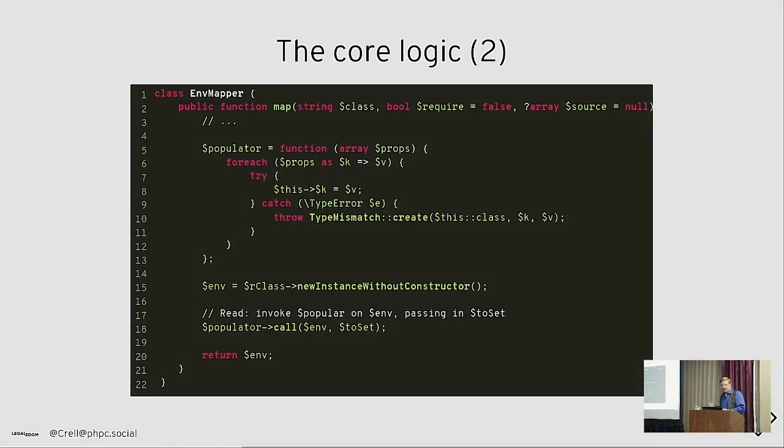Once we have that array, then we have this simple closure, which we then bind to an object. So we can use reflection to create a new instance of an object, bypassing its constructor. So we just get the raw object with no setup, and then we call the populator method here using env as the object that it's on. So this lets us just on the fly say, OK, inside populator, this means env. And it'll run in private scope. So you can access and modify any property you want. And then we return the object when we're done.